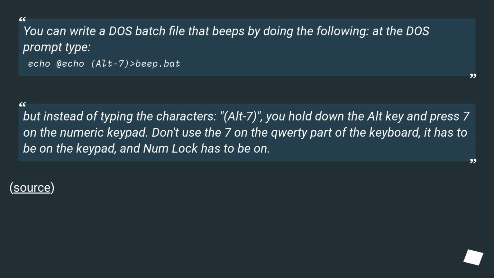You can write a DOS batch file that beeps by doing the following. At the DOS prompt type echo, then Alt+7, then > beep.bat. But instead of typing the characters Alt+7, you hold down the Alt key and press 7 on the numeric keypad. Don't use the 7 on the QWERTY part of the keyboard, it has to be on the keypad, and NumLock has to be on. Source: